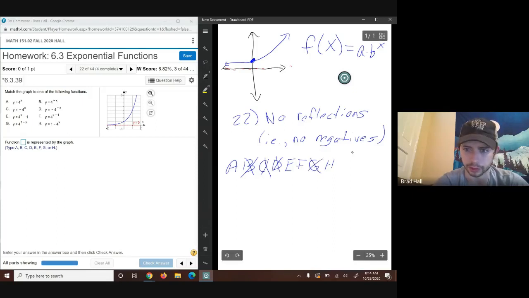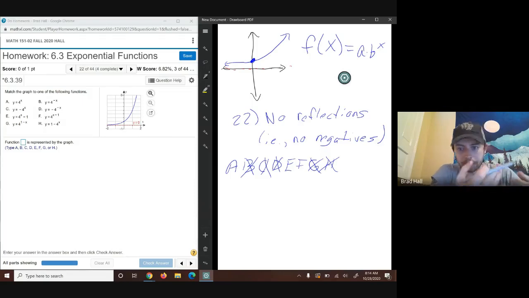G also has a reflection, and also H. H does have a reflection about the x-axis because the negative is in front of the 4 raised to the x. That's already a great indication of what we have to look at. Additionally, what I'm imagining is that this is A because there's no shifting whatsoever. So I'm thinking that this is A. And then E,